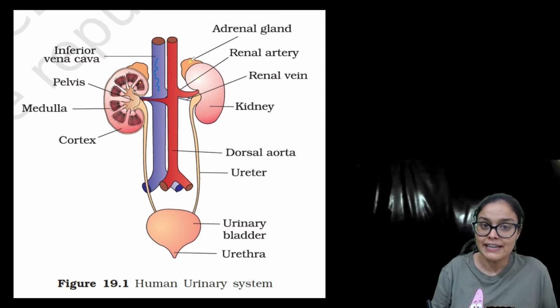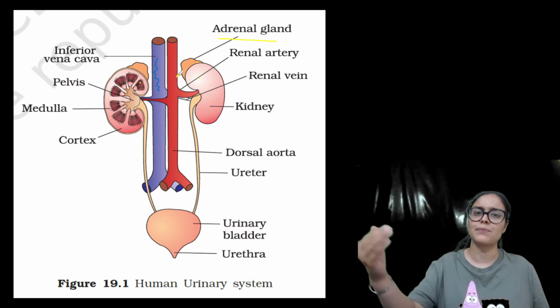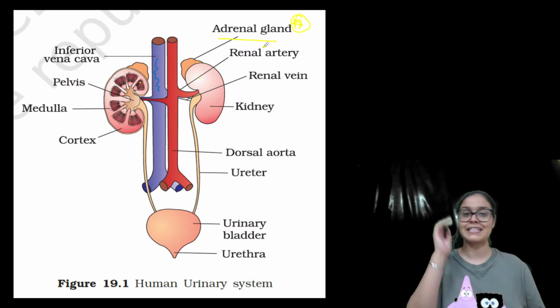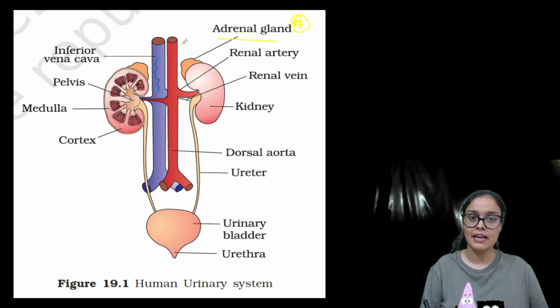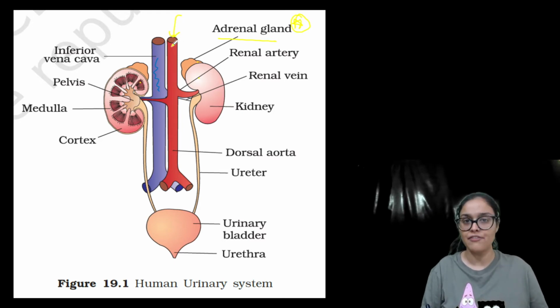Each kidney, just above the kidney, we have the adrenal gland, which we will see in the hormone chapter. The adrenal gland secretes some hormones that we will be using in the kidney part also, in the excretion part also. And you know what, the aorta will be taking oxygenated blood from the heart